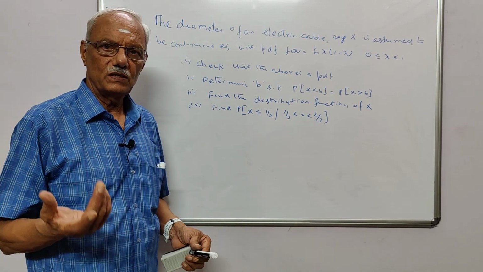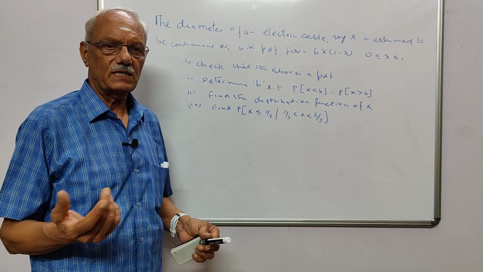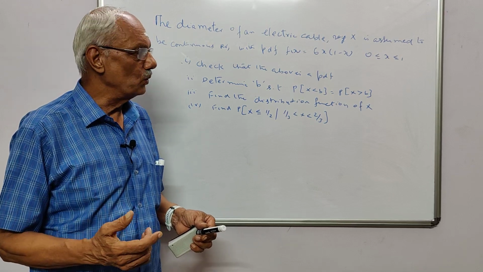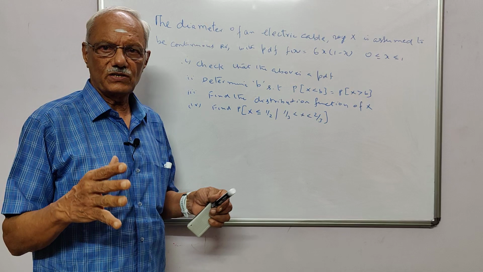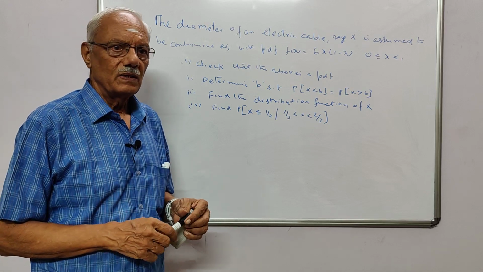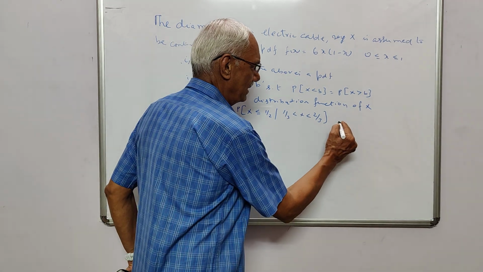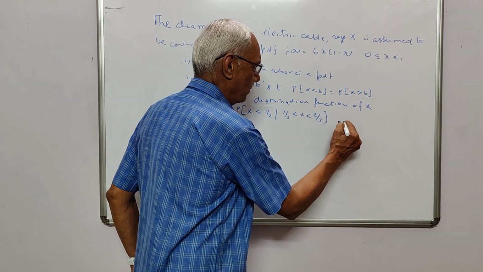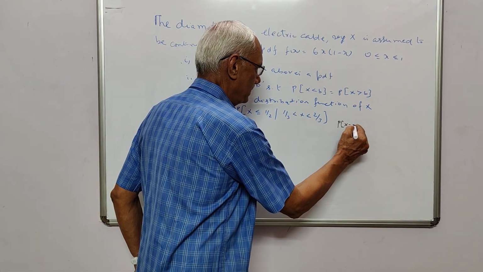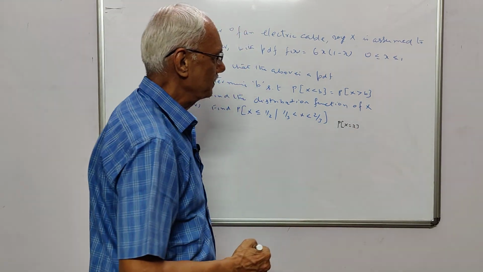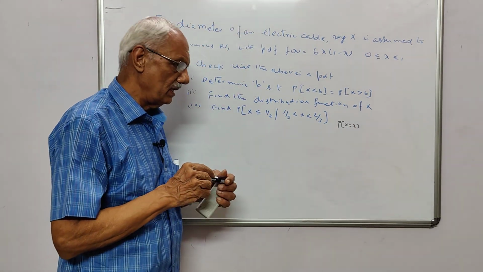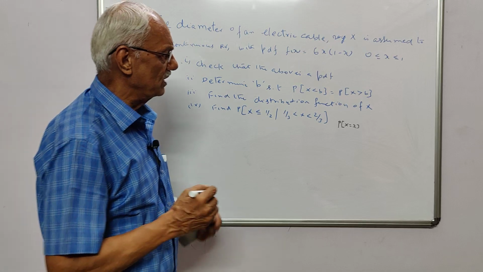This is the problem that I am going to do today, and you see that this is something different. I have taught in my last class what a discrete random variable is. I write P of X is equal to x. This is the probability mass function.